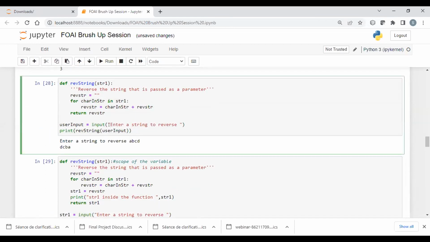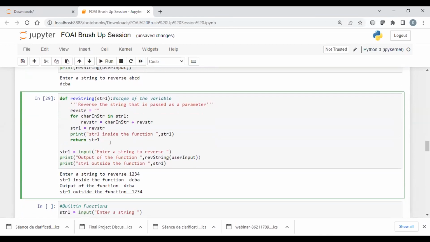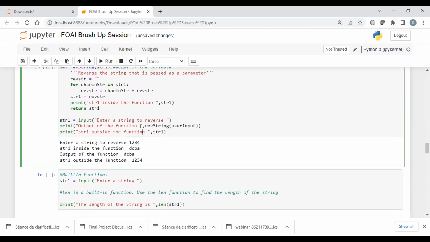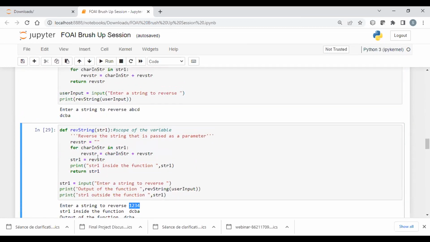Because this is the same function that was working. This is another function that we have created. So this is just making you understand the variable inside, when it is initially taken up, it was taken up like this. But afterwards, when it gets reversed, it uses the function inside the function definition that we have, and it gives the output accordingly.